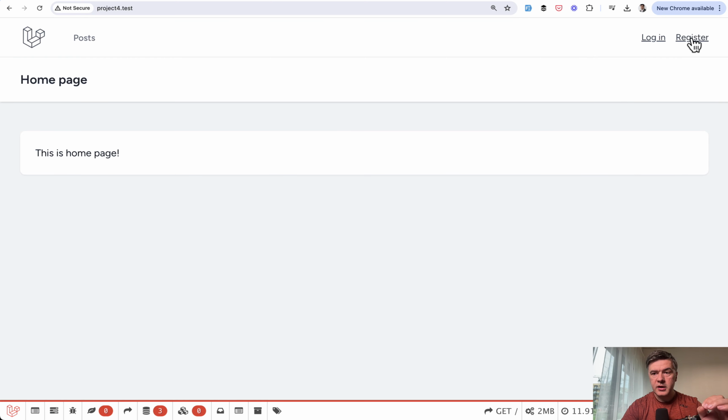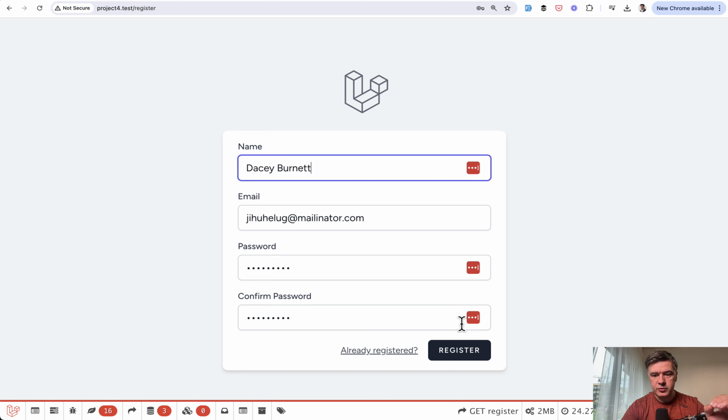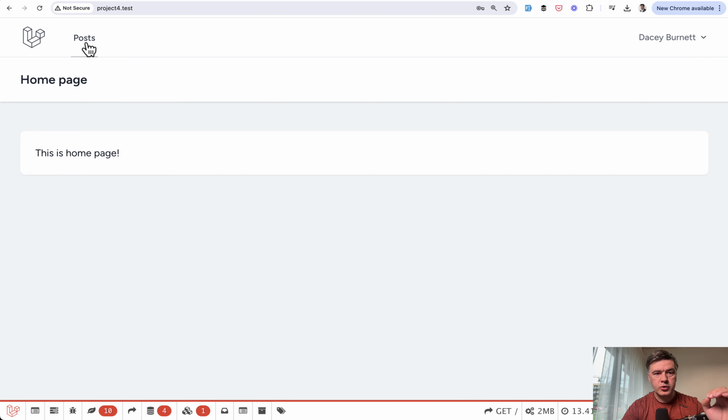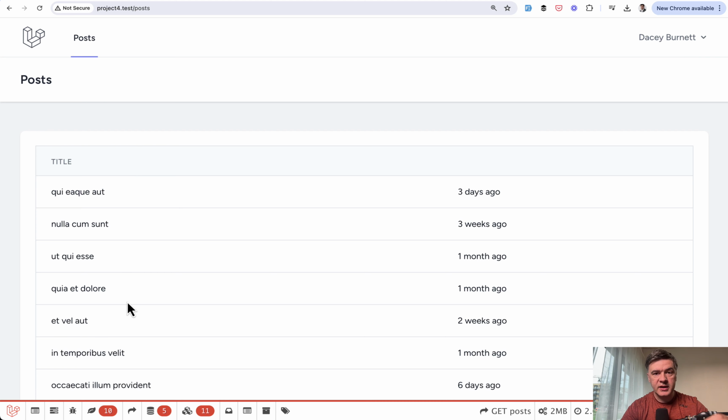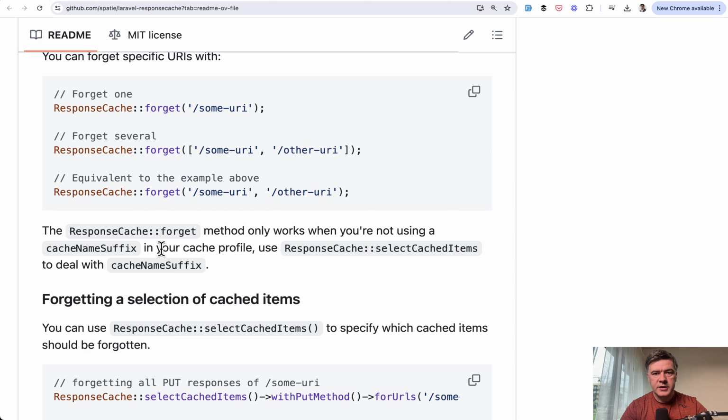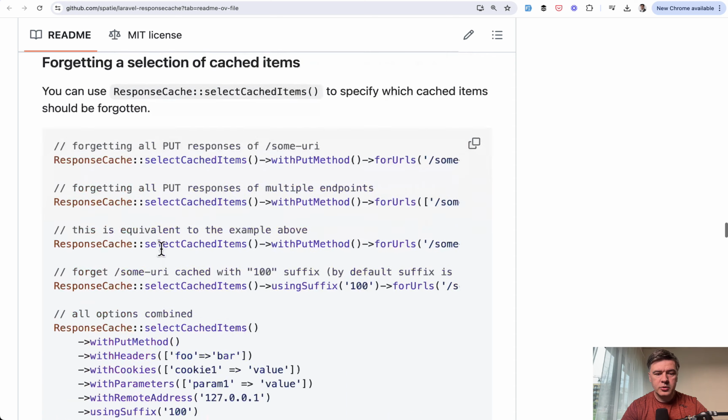Now if I log out and I register again with another user, see what happens: register, and I go to posts, and then another 2 seconds delay, caching the response for that specific new user, the second user. So this may be beneficial if you have a page with individual records per user, something like multi-tenancy or similar. So this is how easy it is to install the package and use it, but also I will show you